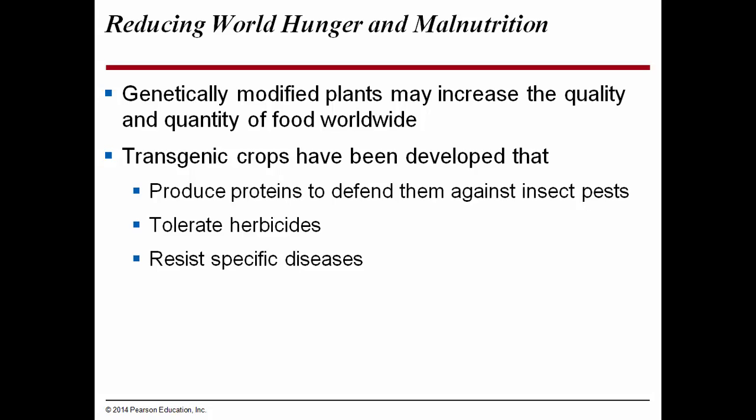But as you know from your studies of evolution, those cutworm populations eventually develop resistance to that Bacillus thuringiensis. So now you've got these corn that can produce their own pesticides, but then the pests are evolving to be able to outcompete that. You can also develop crops that are